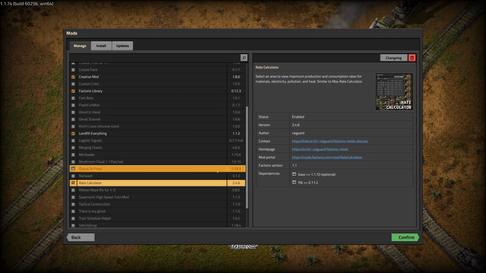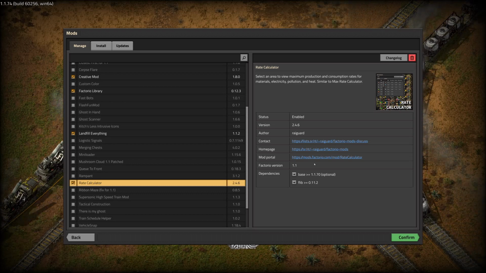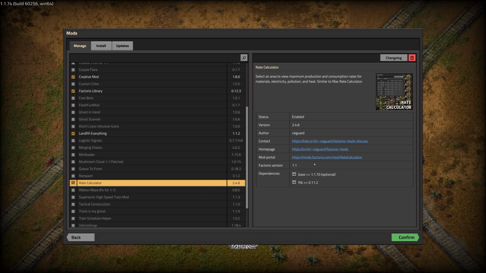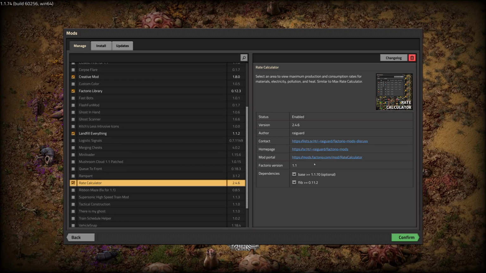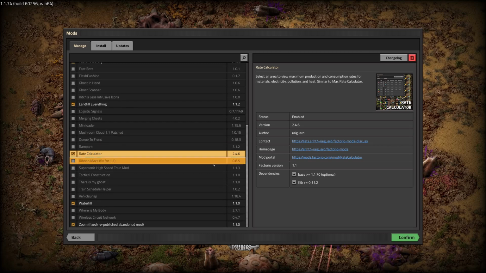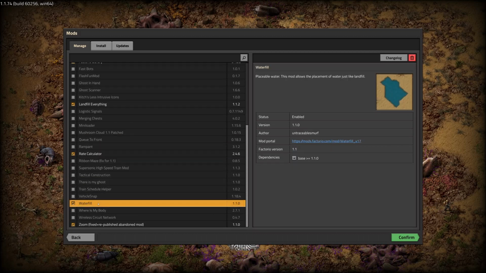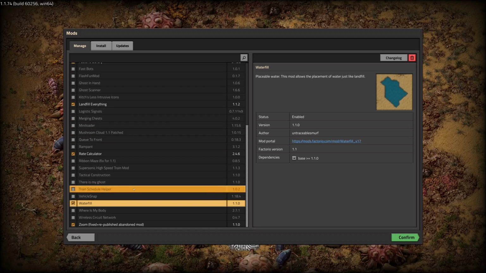Rate calculator. If you're building a science build, for example, in the editor here, once I get it built, designed, and running, and it's generating science, with the rate calculator you can just drag a box around your science build, and it'll tell you the science per minute, for example. So that's very handy. Water fill allows you to put water wherever you want. And then